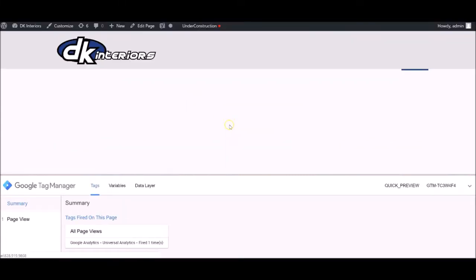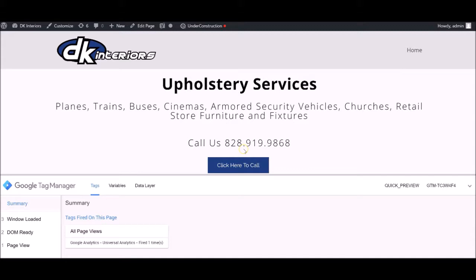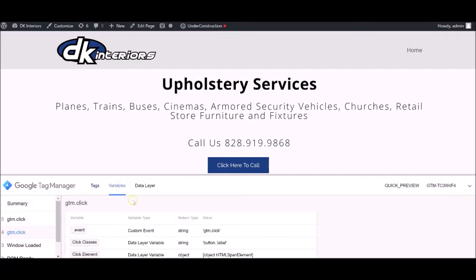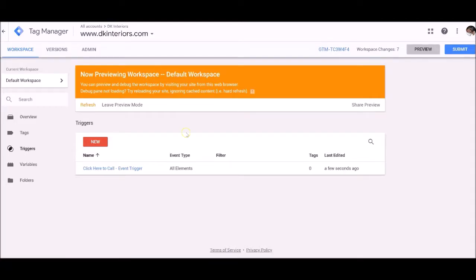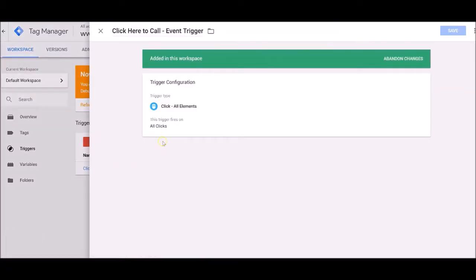And down here, I'm going to hold Control and click, and we should get a click right here. We'll get it anywhere we click actually, but we want this one right here. And I want to see the variables for this one. Click text. I'm going to copy that. Click here to call. Now we'll go back to our Google Tag Manager and edit it